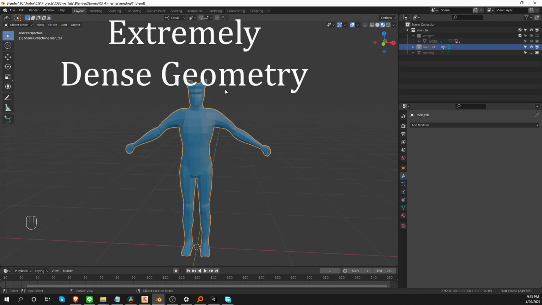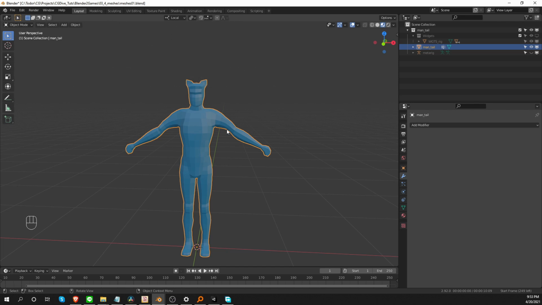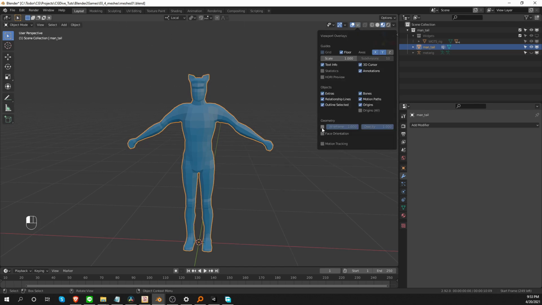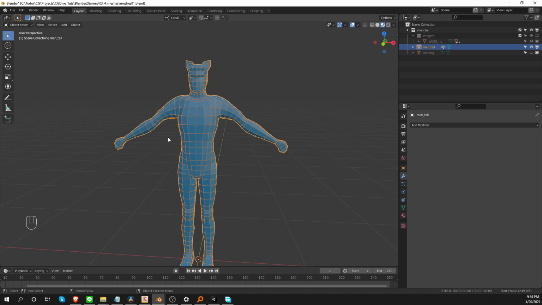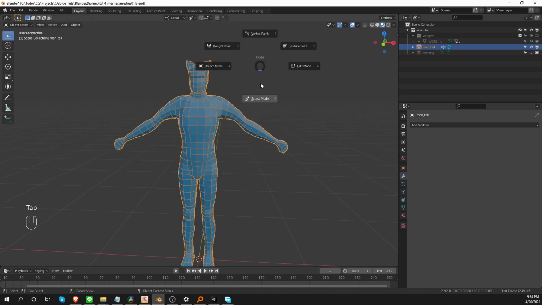Another problem that I see surprisingly often is simply meshes that are way too dense. Here's the wireframe of this object. It is fairly low poly. This is not a standard that you have to strive for. Modern games and modern animation can support much more polygons than this,